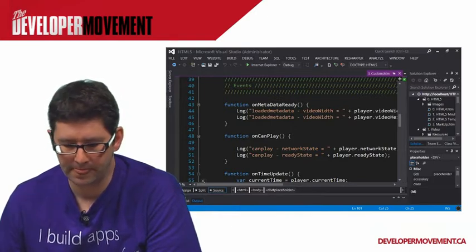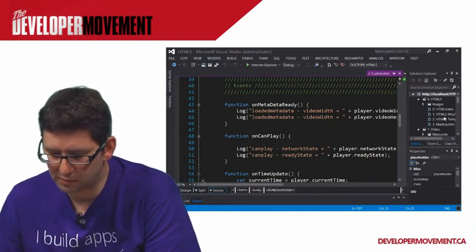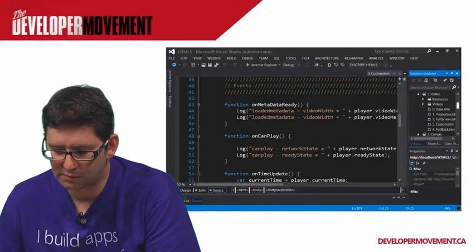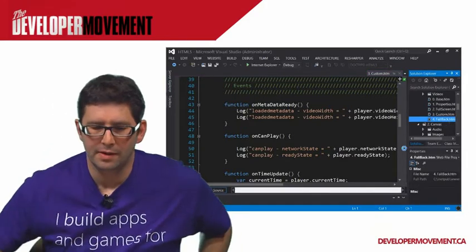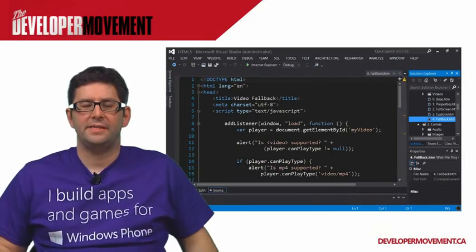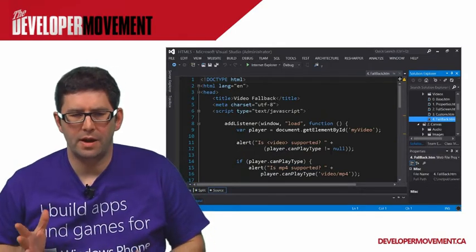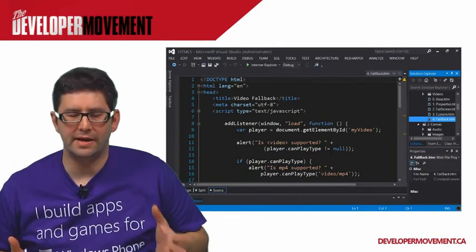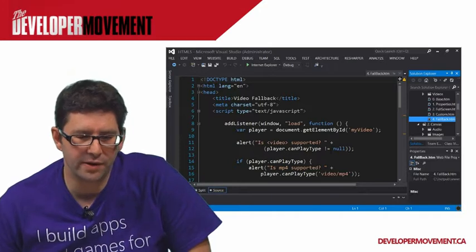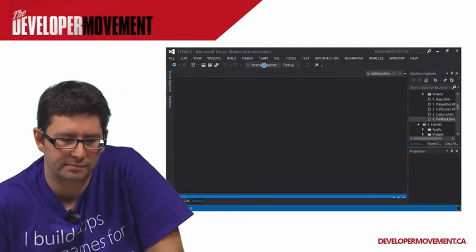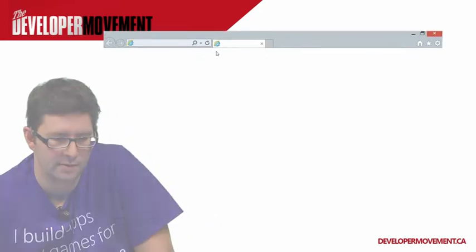All right. So next one. This is where it gets kind of funny. Remember I was telling you about the fact that we have a situation where not every browser is going to understand every single codec and everything else like that. I'm going to play this for you just so you can see this, because this is where it gets kind of funny. So it's going to try to load the video,